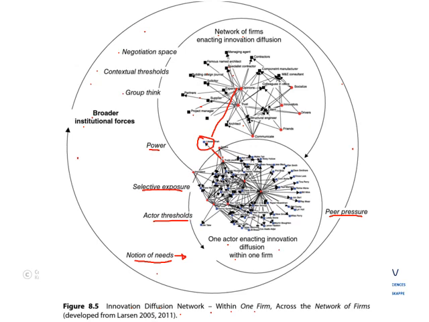Okay, so just to close off, you guys will have to be able to draw this little diagram and explain to me what the negotiation of space is, the contextual threshold, and the groupthink of how this network or group actually influences individual actors or friends and communication. So this is quite important that you know this diagram and are able to draw it, but don't worry too much about the extensive connections there.